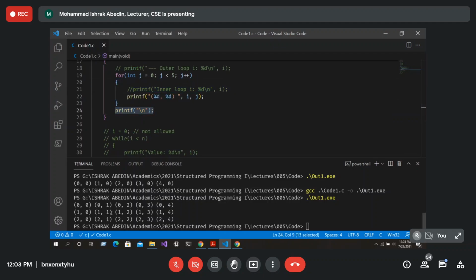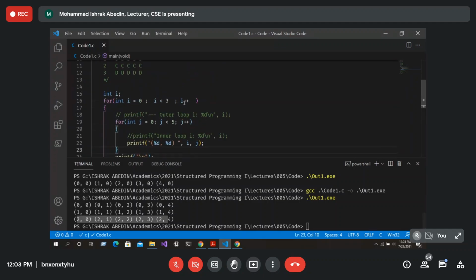We go to a new line, 1, 0, 1, 1, 1, 2, 1, 3, 1, 4, 2, 0, 2, 1, 2, 2, 2, 3, 2, 4. Okay, I've written 3 and actually given 4 columns here. So if I want to match that one,